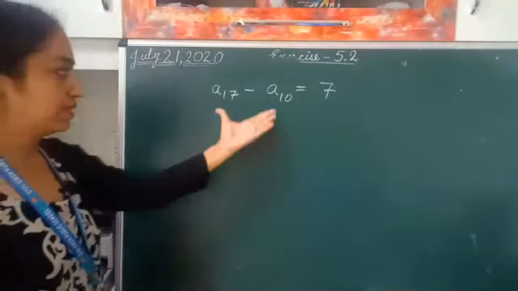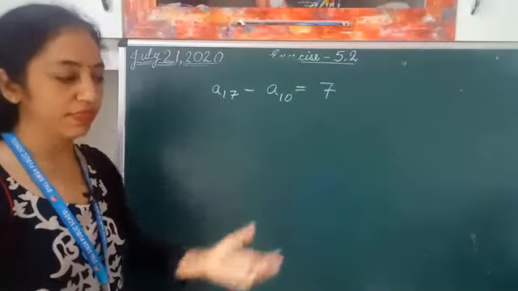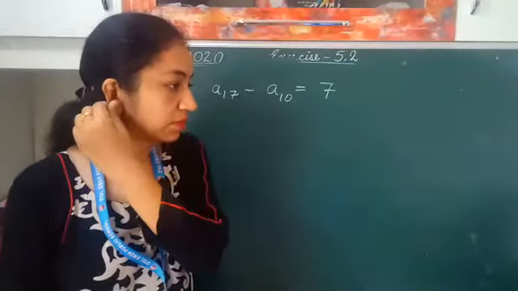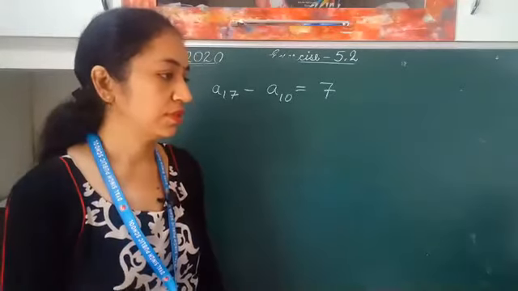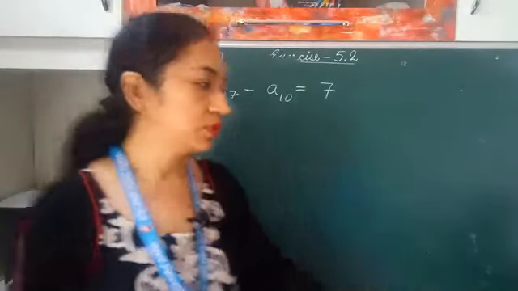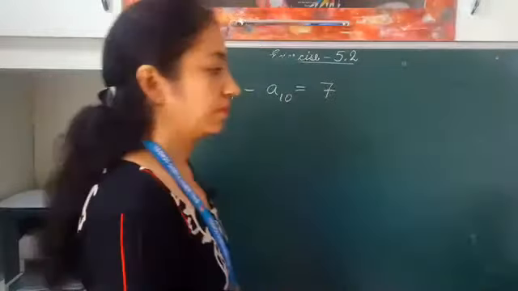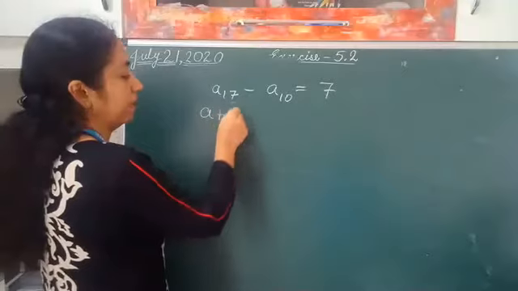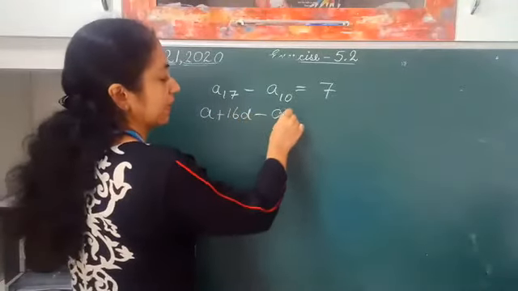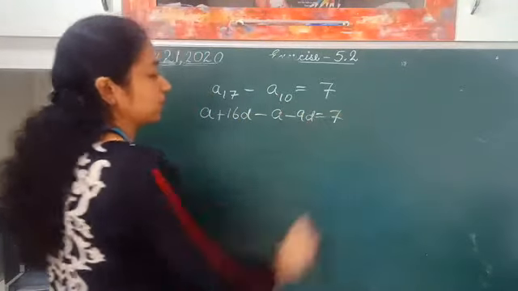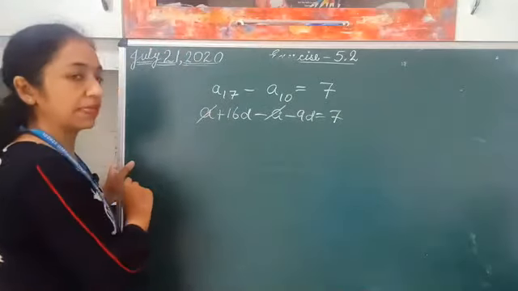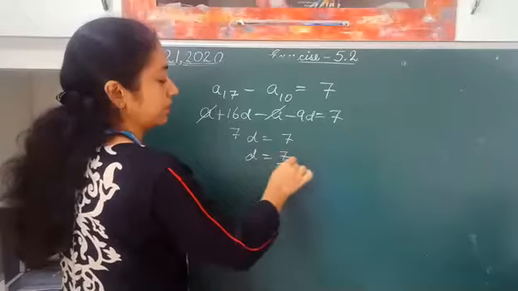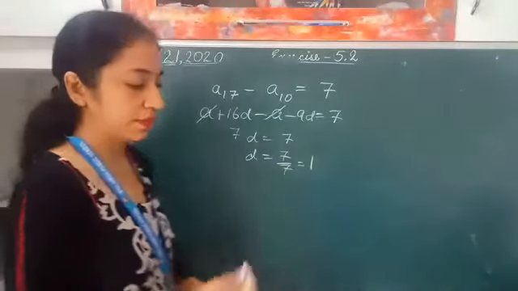And find the common difference. You just have to find out the value of d. फटाफट से value put करो. 1, and d is 1. Ansh wants to say something? Yes, the value is coming out to be 1. a plus 16d minus a minus 9d is equal to 7, and a से a आपका cancel. 16 minus 9 is 7, 7d is equal to 7, so you will get d is equal to 7 upon 7, that is 1, right?